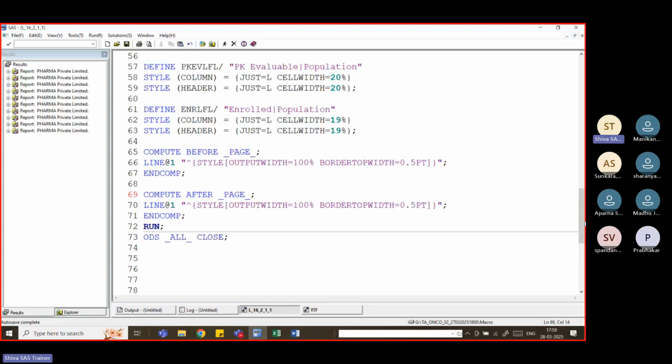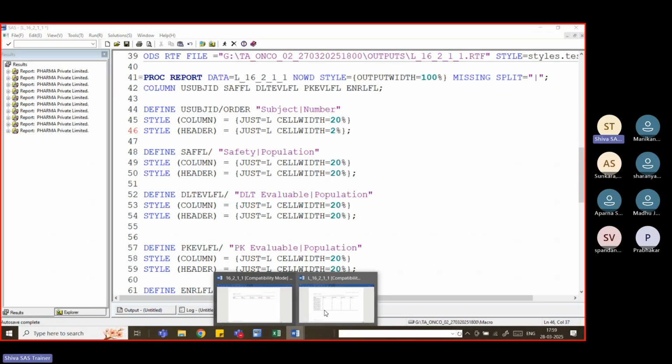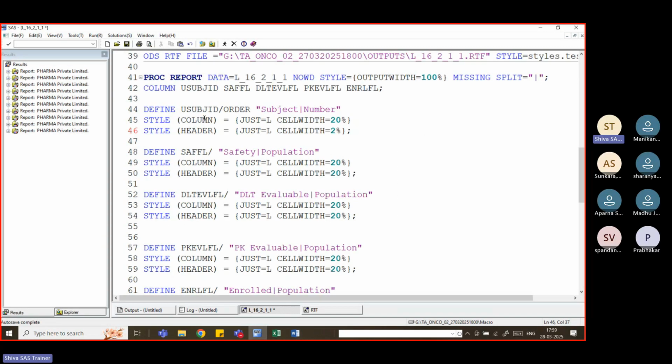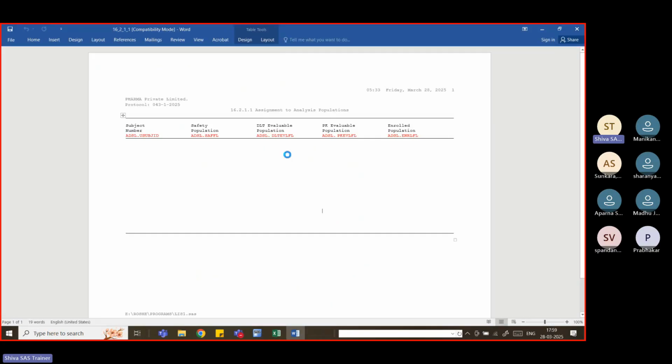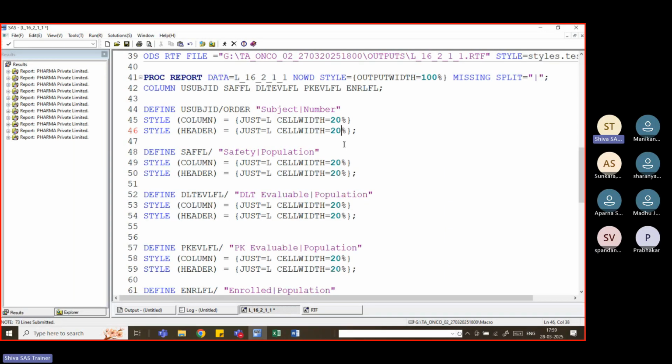So now we can see what this header and column are. For example, for the column header I am giving only two. Any change you can observe? Now the column we are giving 20%, and the header we are giving 2 in the use of JID. So you can see the subject number, the header part only occupies 2 width only. If you are giving this one 20 and this one 2,